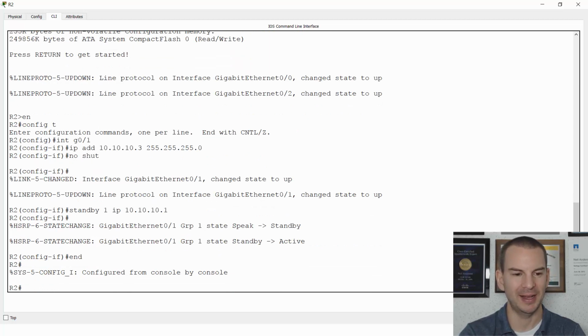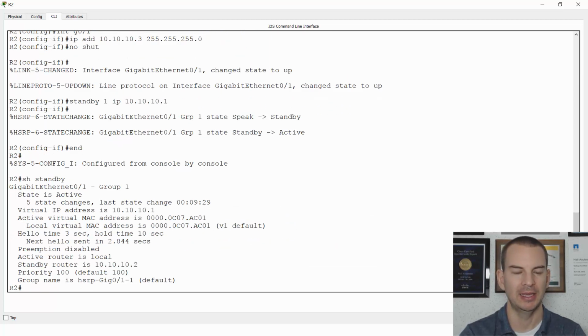So let's go back to the enable prompt and do a show standby, and I can see that HSRP group 1 is active, and the active router is local, so it came up as active on R2. That's because the higher IP address will be preferred by default, and the standby router is R1 at